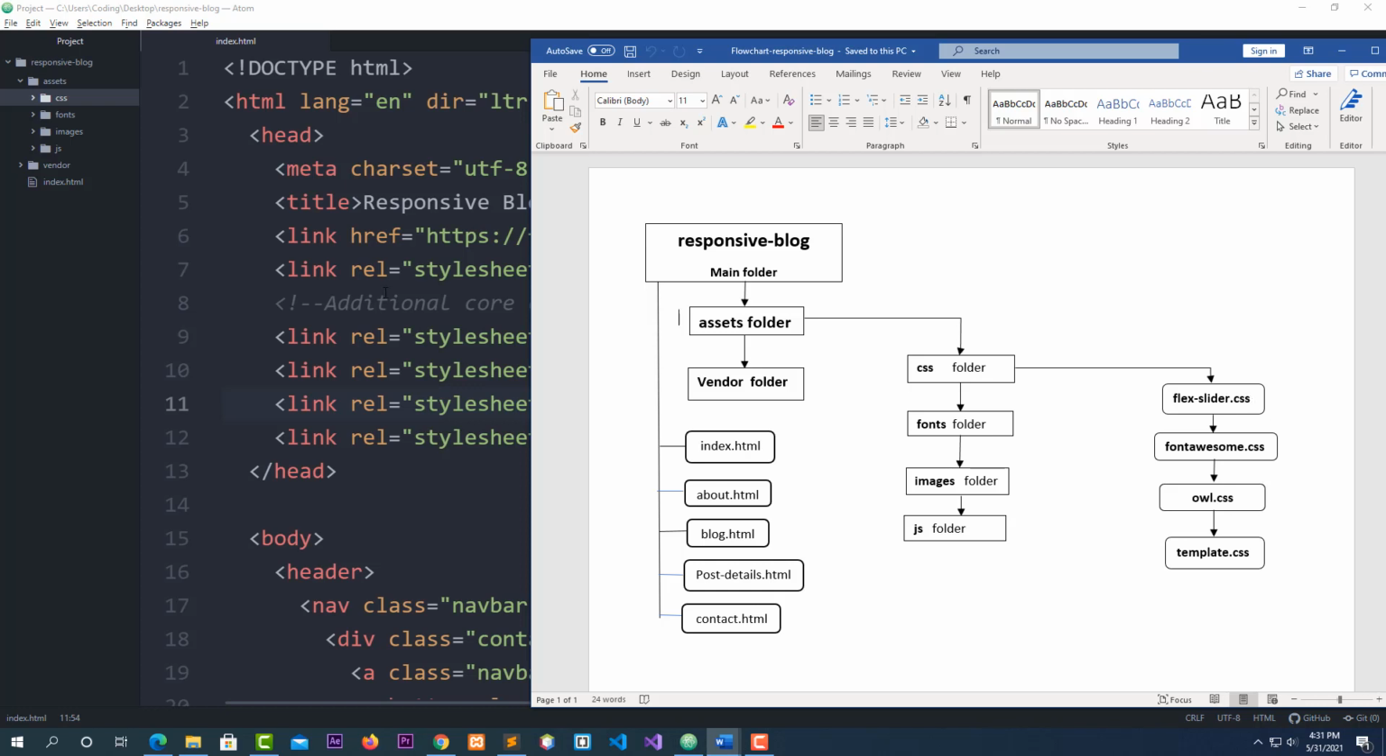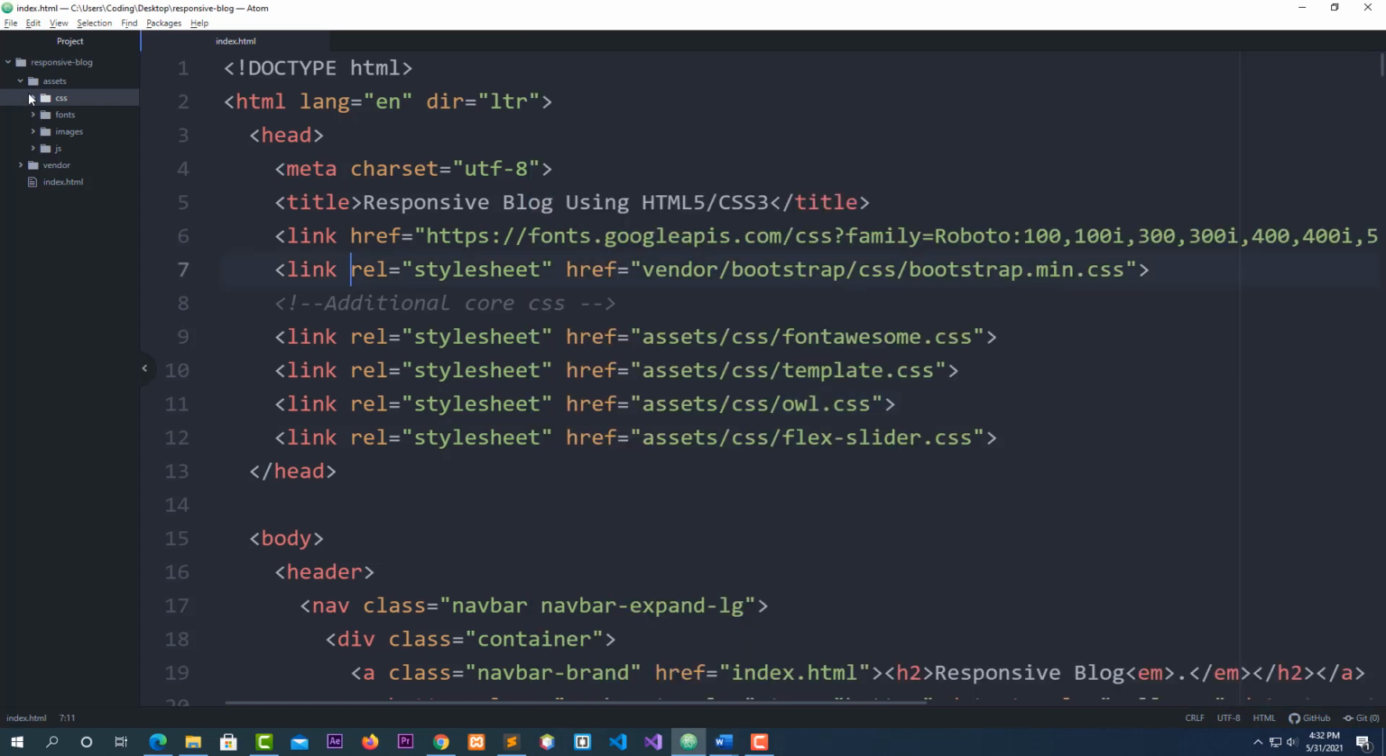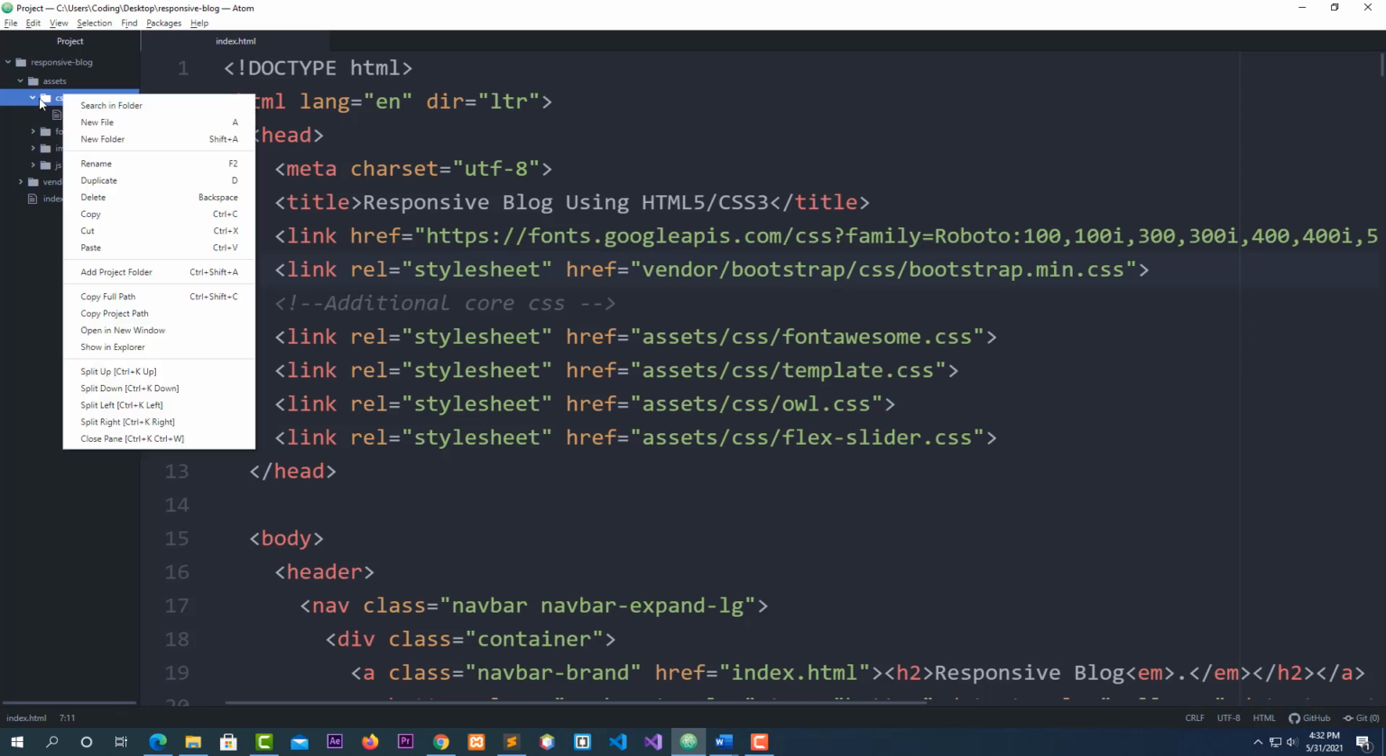Let's add all of these files to see the beauty of our website. Okay, the first thing, let's add... we already have our fontawesome.css. If we open our CSS folder, here we have fontawesome. Now let's click on CSS,